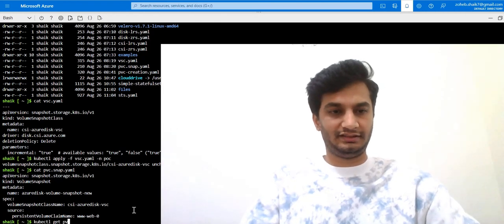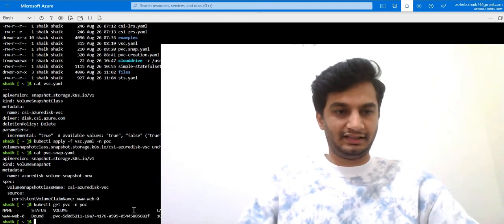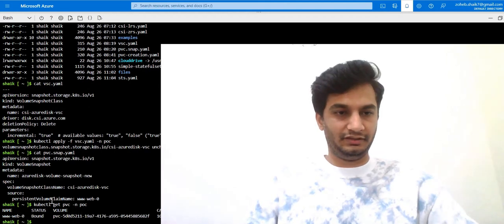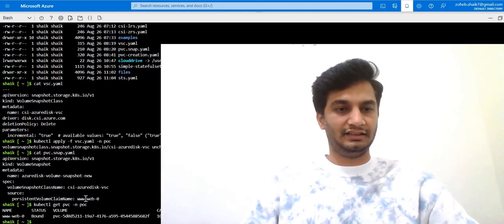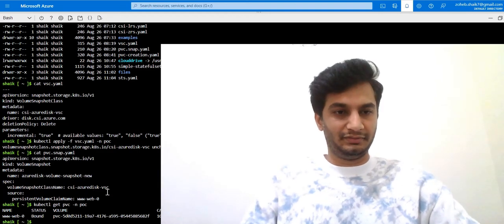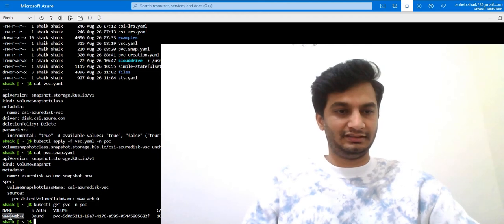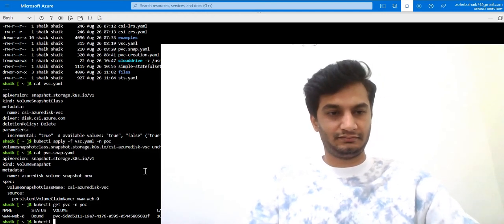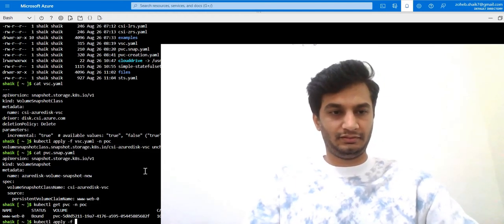Before that, just cross-check whether we are selecting the right PVC here or not. If we give the wrong PVC, then it's a waste of time. We will be spending much time on troubleshooting. So our PVC is matching here. This is my existing PVC, and the snapshot class. Validate the snapshot class and create a snapshot. Apply -f.